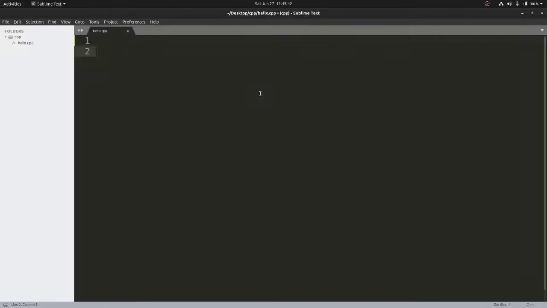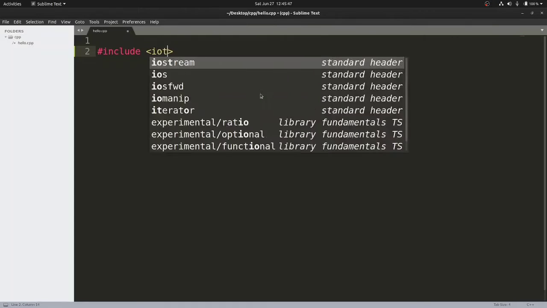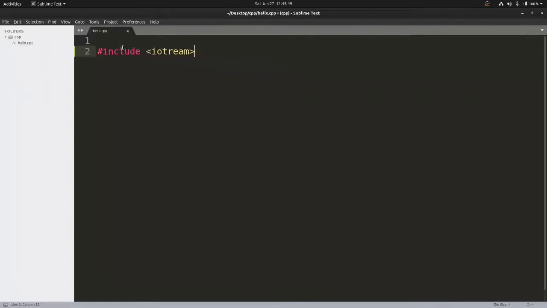If you remember from the last video, we have written something called #include <iostream>. Now what is the meaning of this line? Any instruction that starts with a hash is an instruction for the module called the preprocessor.